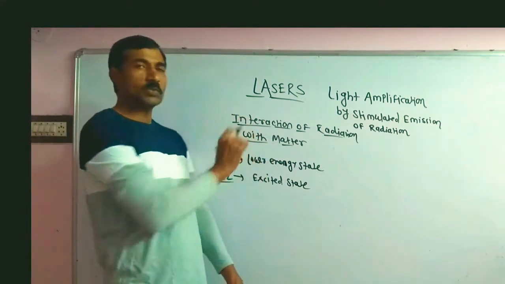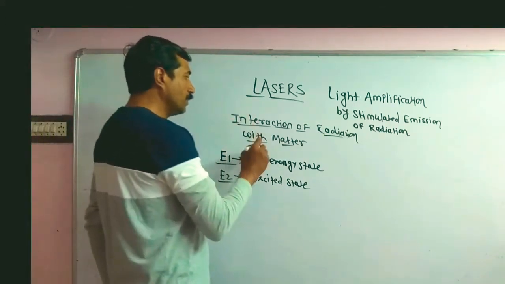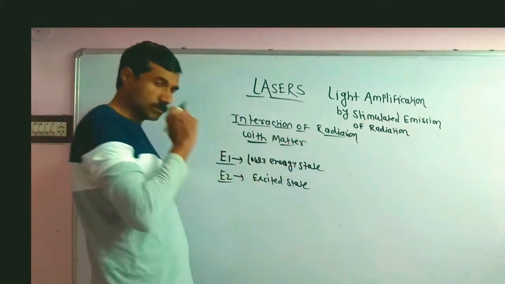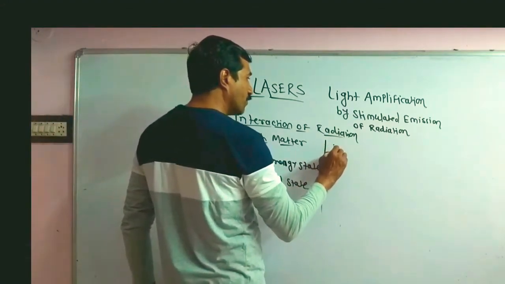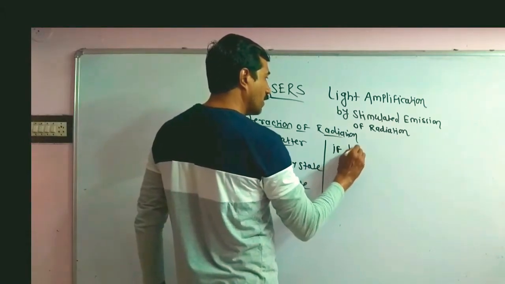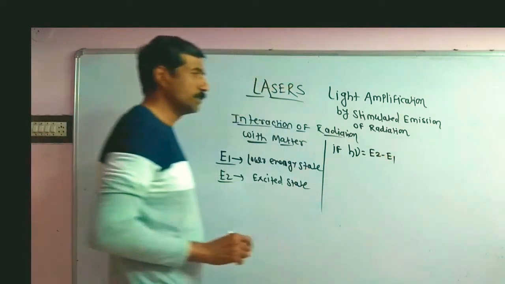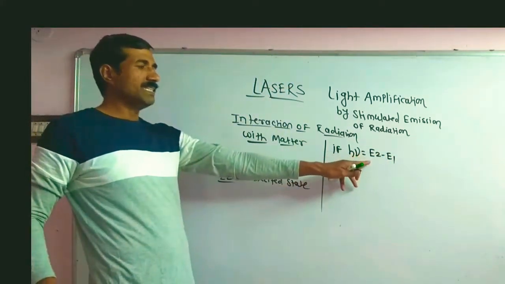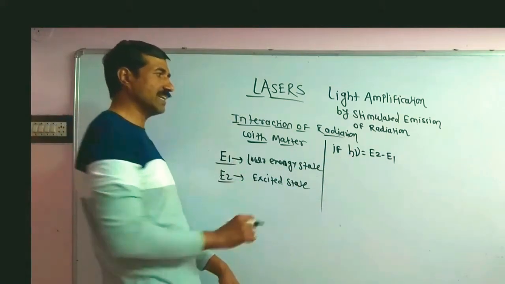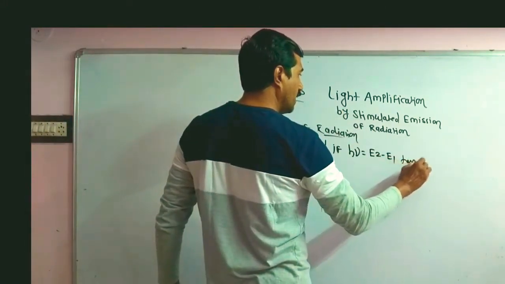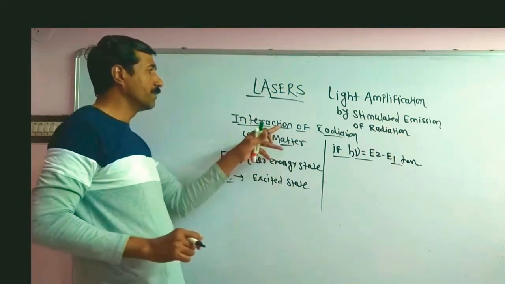These two states are common to all atoms. We know that radiation consists of a stream of photons, each of energy h mu, and if h mu equals E2 minus E1, the energy difference between the lower energy state and the excited state, then the interaction of radiation with matter